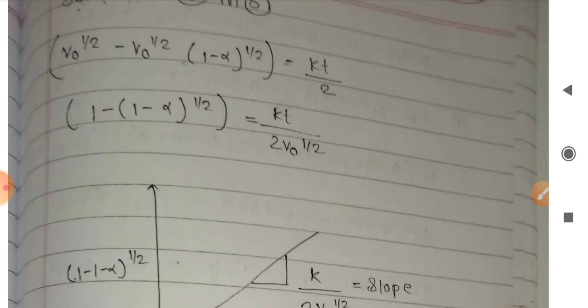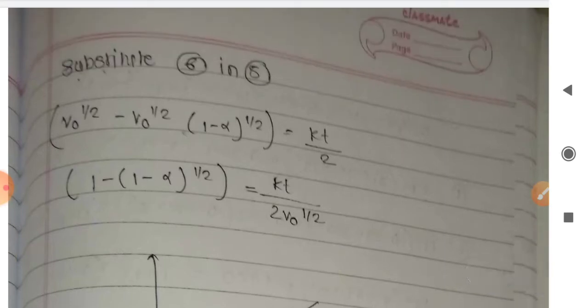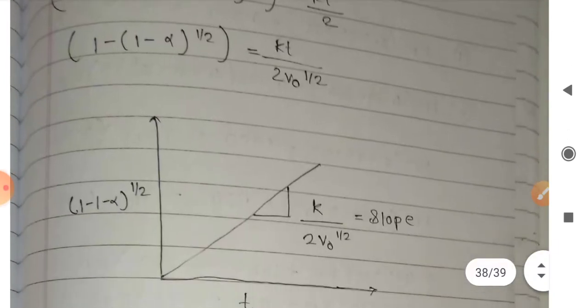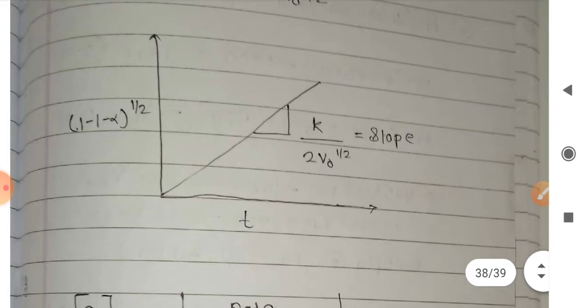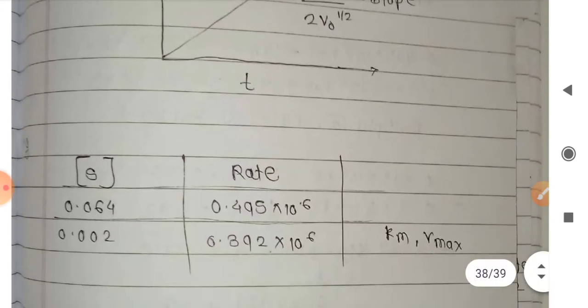So the most important part of this chemical kinetics unit is our Michaelis-Menten equation. In order to study the Michaelis-Menten equation, we have used the enzyme catalysis reaction, and there you might be asked about some numericals. Okay, so we'll try to see one of the numericals.